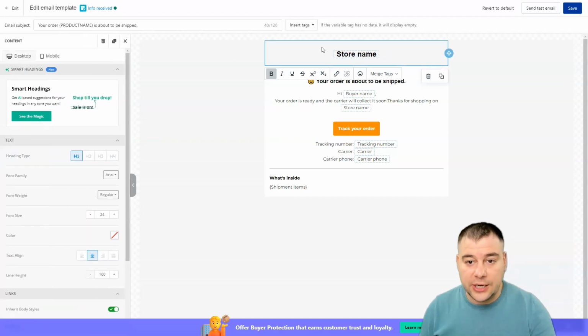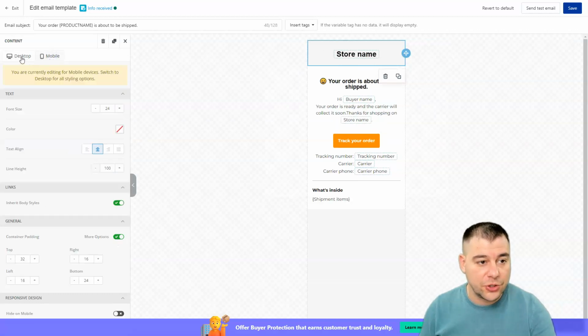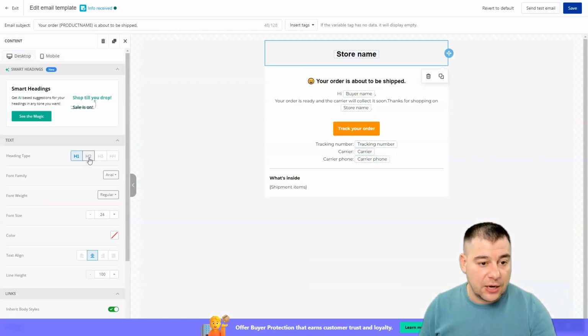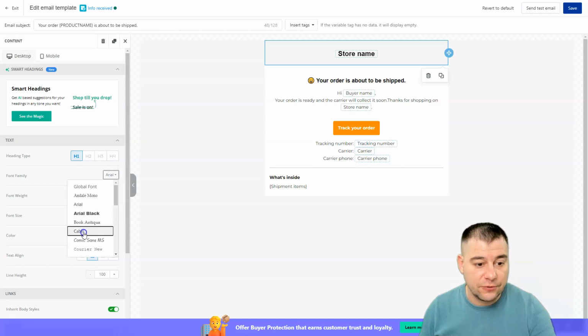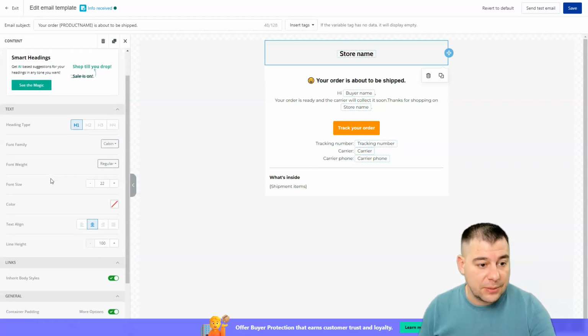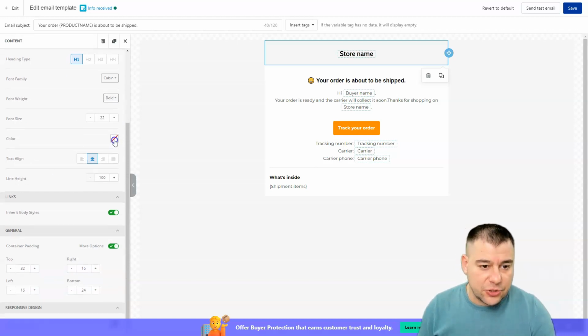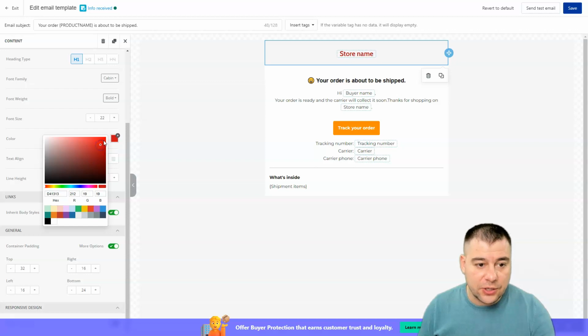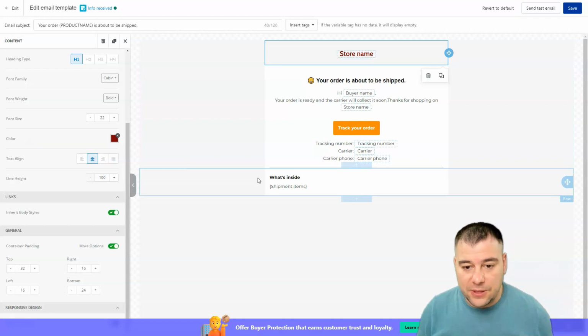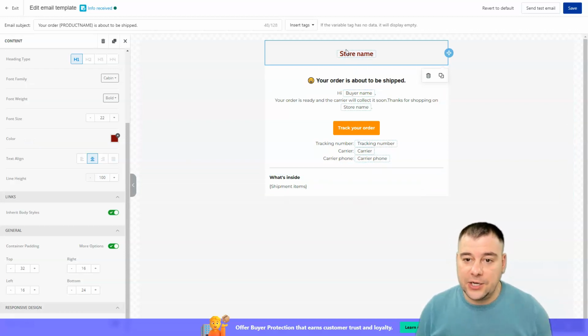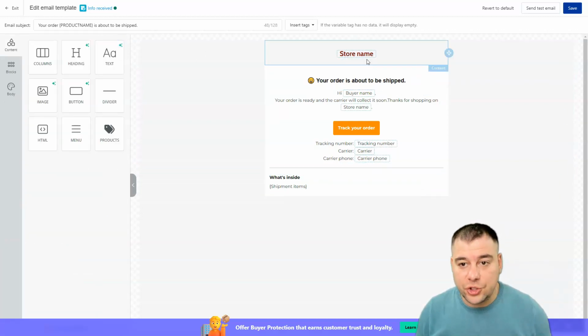Clicking on each element, you can customize each element for desktop or mobile version. You can change a lot of things like H1, H2, font family. You can change the font for this one, for example, and so on. Font weight, regular or bold. There's a lot of interesting things like color. You can choose a lot of interesting tools, but the main thing is that you have all the information about